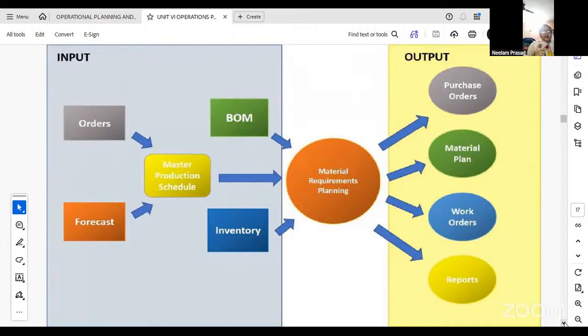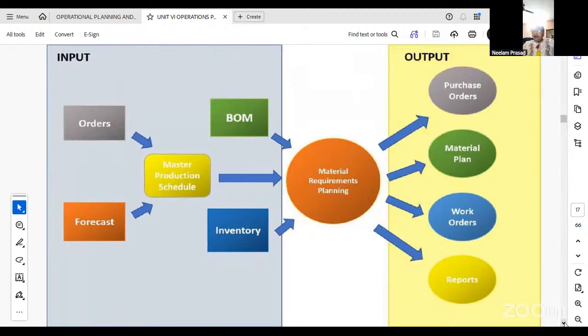So you have orders, क्या क्या ऑर्डर मिला है, प्लस यू डू अ फोरकास्ट. ये दोनों को मिला के यू मेक अ मास्टर प्रोडक्शन शेड्यूल. द इनपुट क्या क्या है, ऑर्डर्स है, फोरकास्ट है, मास्टर शेड्यूल तुमने बनाया. देन बिल ऑफ मटेरियल, क्या क्या चीजों की जरूरत है, क्या है तुम्हारे पास इन्वेंट्री, the material requirement planning is done, and then you get from here what all our output you get: purchase order, मटेरियल प्लान, वर्क ऑर्डर्स, क्या